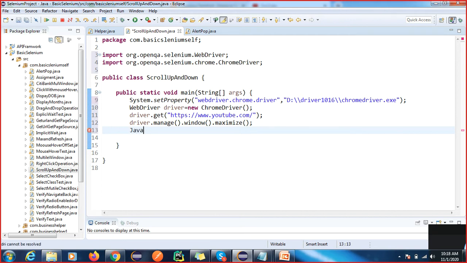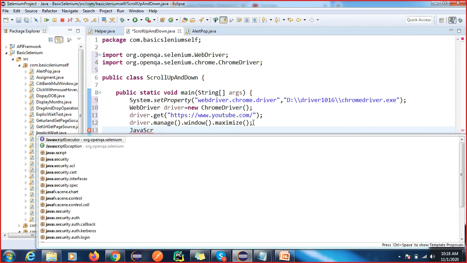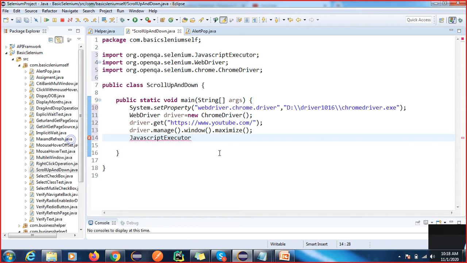So we have one interface that is called JavaScript. By using this JavaScript, we can perform this operation. So we have a JavaScript executor. JavaScriptExecutor is an interface which is available in org.openqa.selenium. What are we actually going to do?